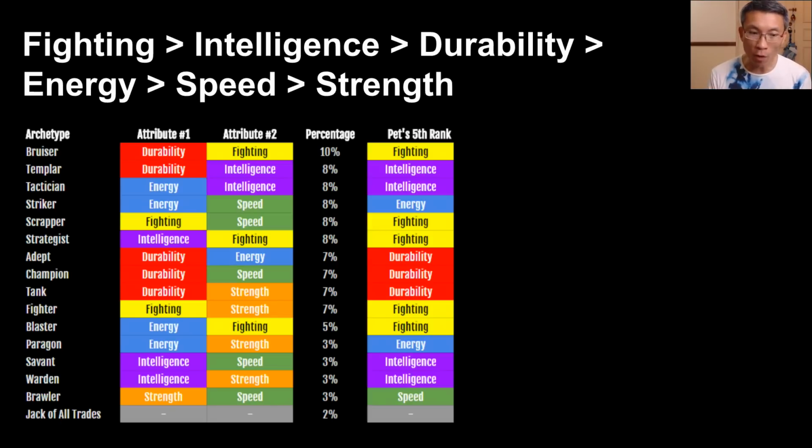attribute. For example, if you look at Warden, Ghost Rider is a Warden. Warden is intelligence and strength. So long as you have gear that has either intelligence or strength, you get 4% of each one of them. From a pet perspective, does it matter if you have a +3 intelligence pet or +3 strength pet for Ghost Rider? The answer is no. I mean, you still get the flat damage of 12% for your Ghost Rider so long as you match one